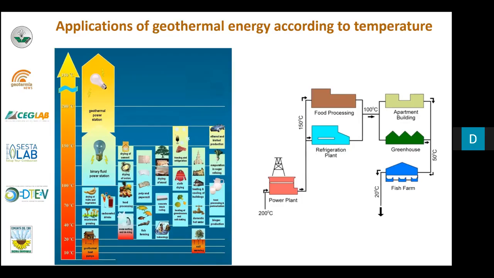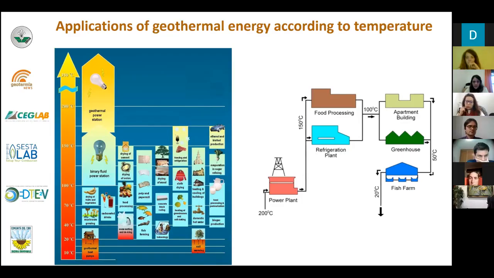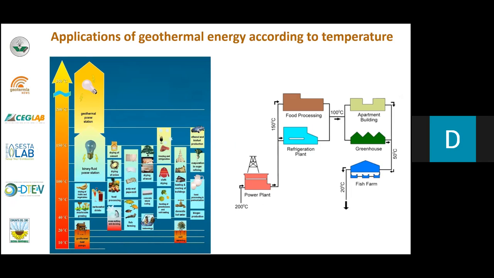The geothermal heat can be used for several applications, from the food sector to other industries such as the cloth industry, or it can be used, for example, also for recreational activities, for balneology, or it can be used also to produce